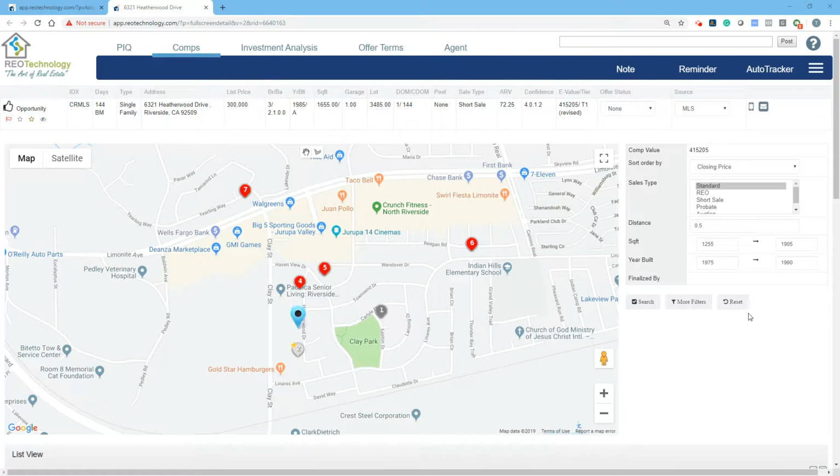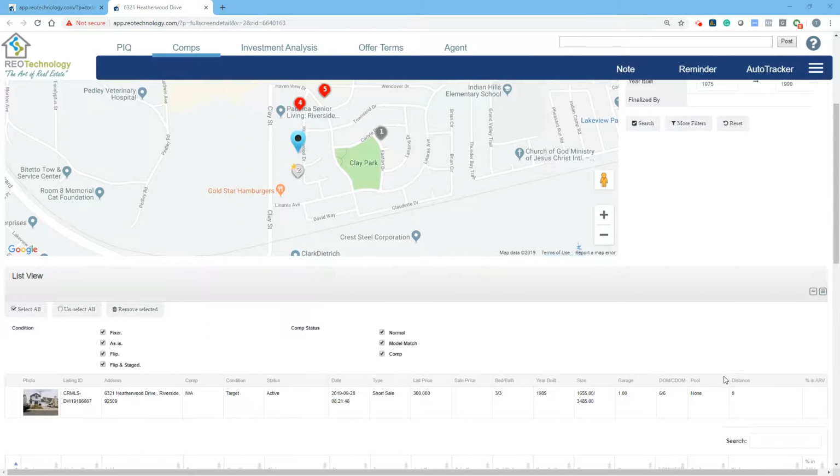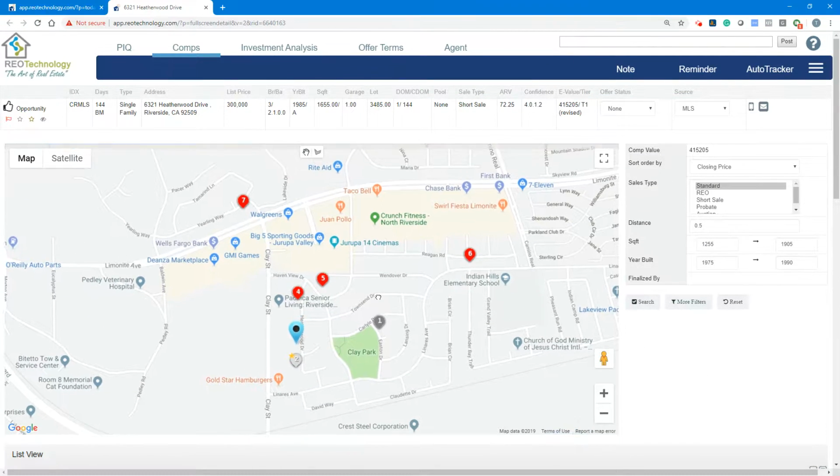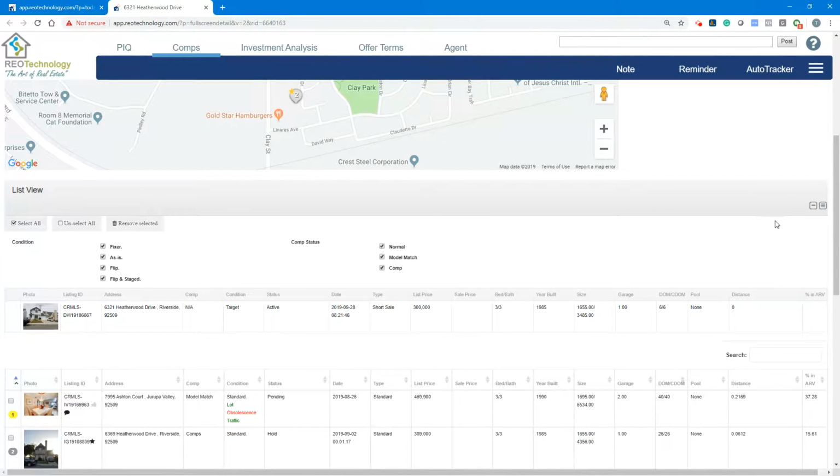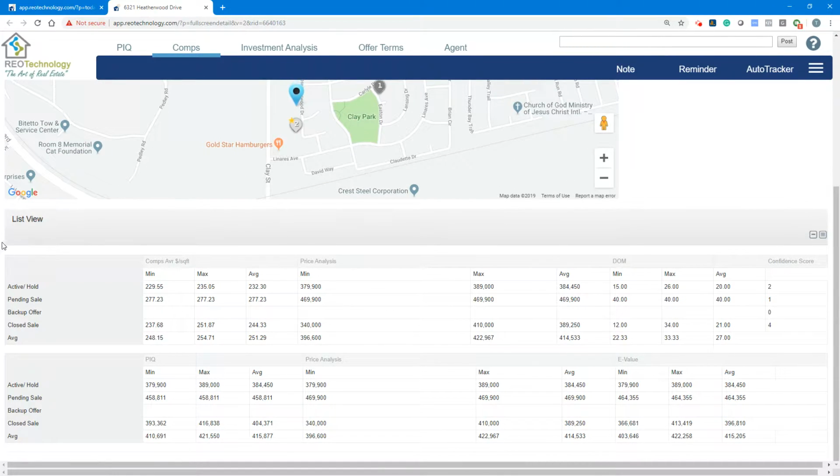Comp matrix table. We talked about the maps. We talked about the filters. Now let's talk about the matrix table. I personally like this matrix table quite a bit, and this is a tool that's going to help you understand